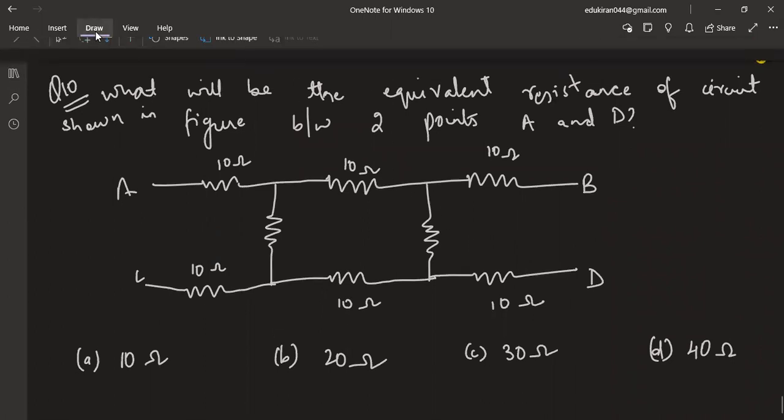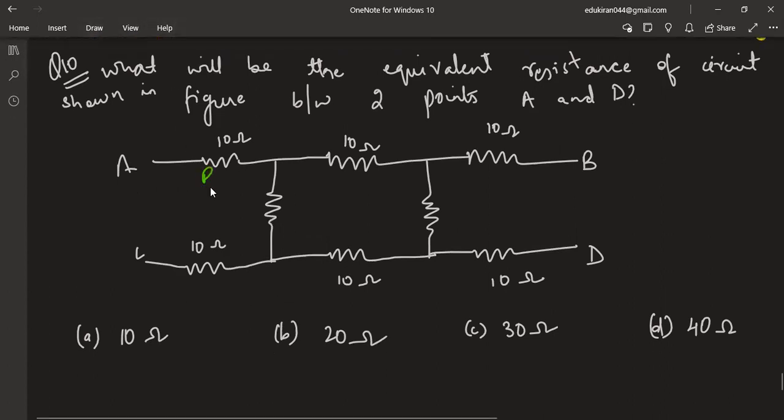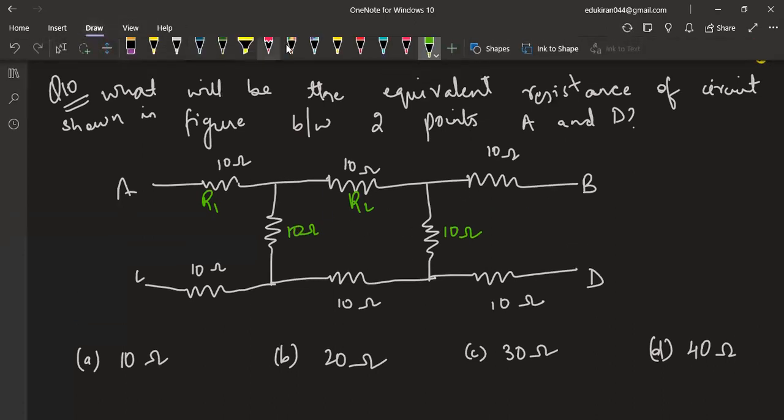See, let me do one thing. Let me name all the resistors. R1, these are also 10 ohm because it is not given in the question, otherwise the answer won't be there. This has to be 10 ohm. So this is R2, R3, R4, R5, and R6, like this. So see, R equivalent, if you take the R equivalent between this one,